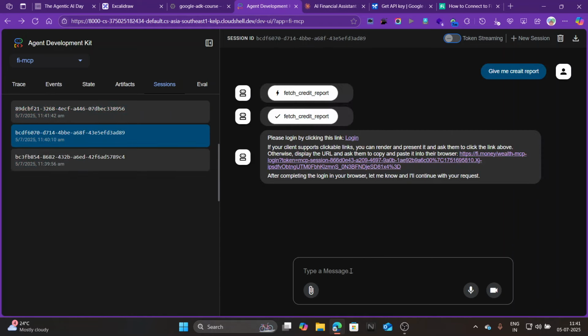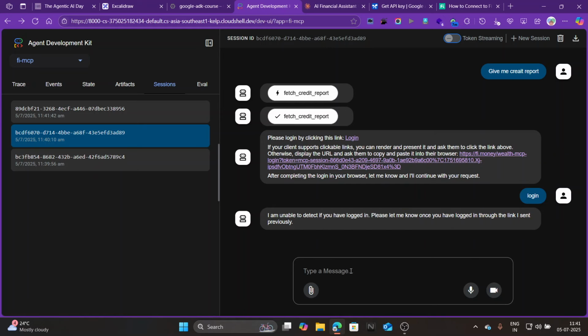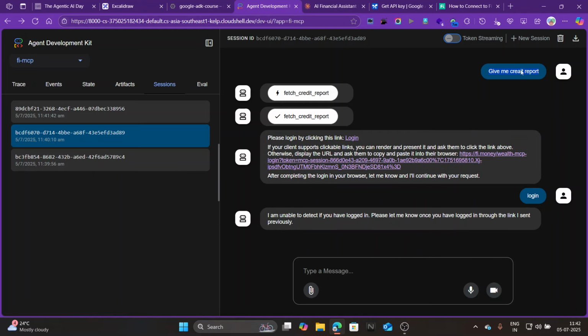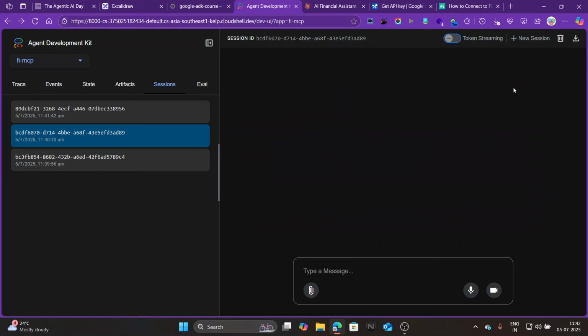Yeah, login. I am unable to retake. I already logged in, but why didn't it give an answer? Let me create a separate session and try to do it from scratch.